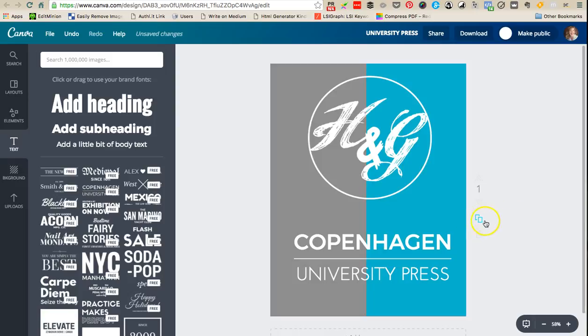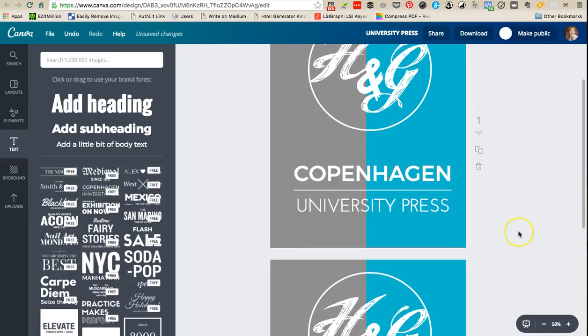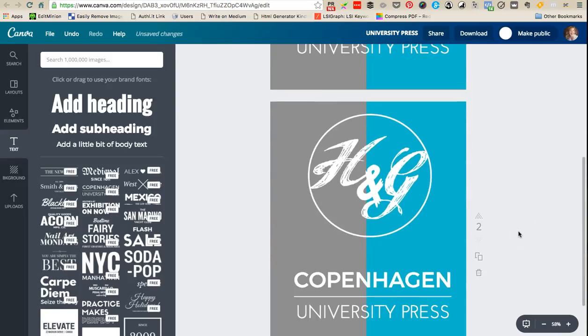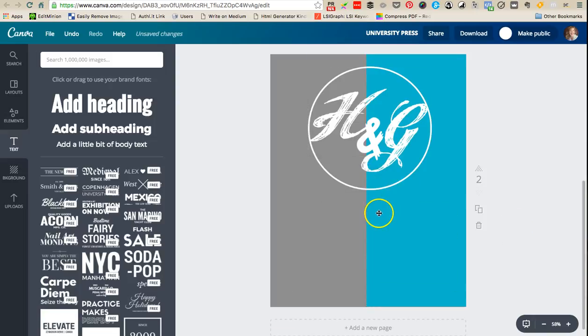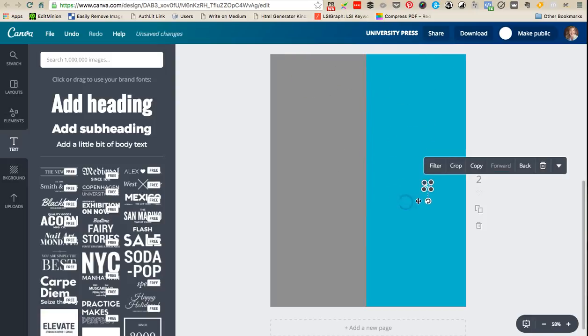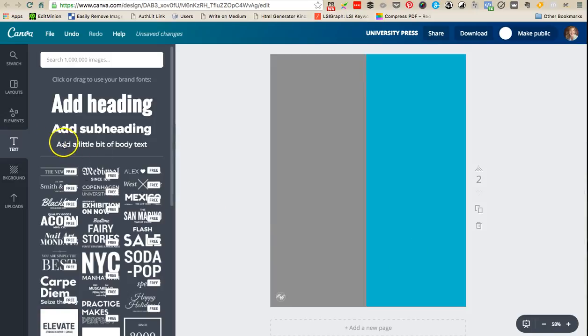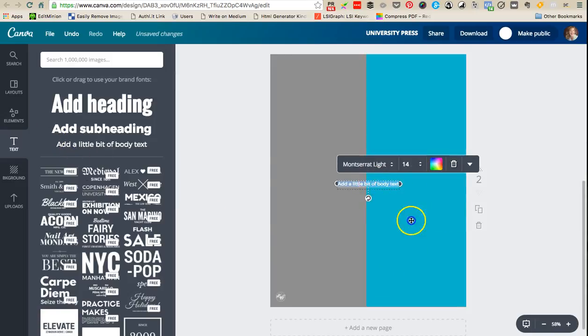So what you want to do now is click on this area that says copy this page, and it's going to pop an exact duplicate of what you've just done. Now obviously you don't want all of this stuff here, so you just delete whatever it is that you don't want on this page, and then I'm going to create a little footer of my logo. I'm just going to make this a little bit higher. I'm going to add some more text,